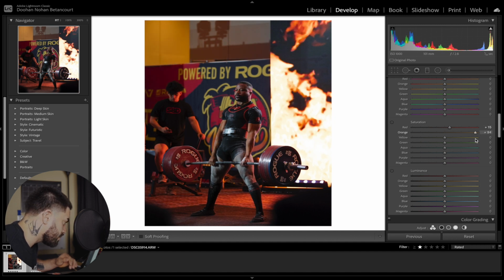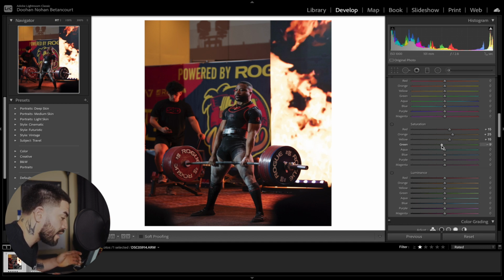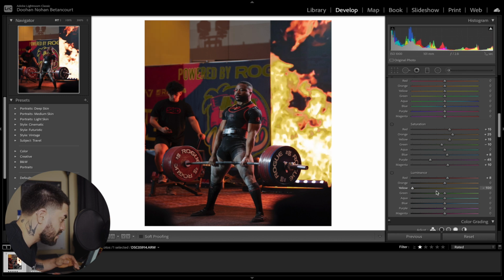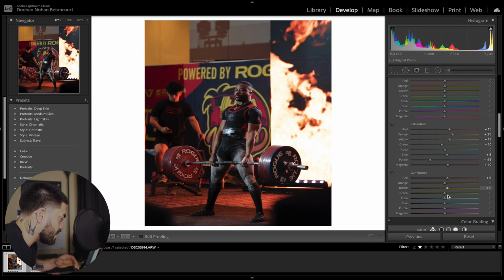It's a very vibrant picture, so I'm going to just edit it as it is. There's no reason for us to desaturate it. We could make it black and white, and that would give us a different vibe. But first things first, we're gonna edit it as I'm seeing it. It's very vibrant, it's very epic. There's a lot of red, a lot of orange. Gonna go now with the luminance, keep it as is, bring the yellows down just a tad to save some detail.